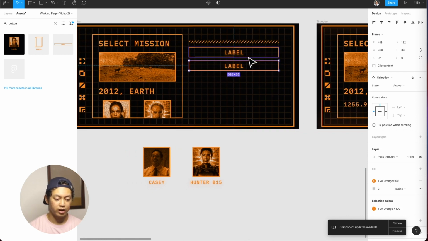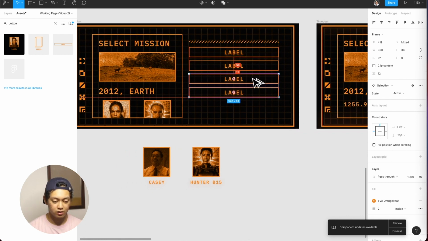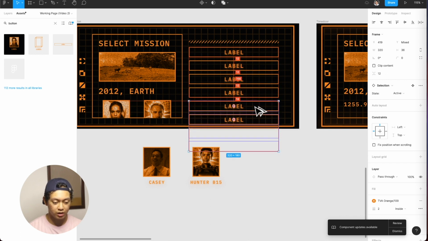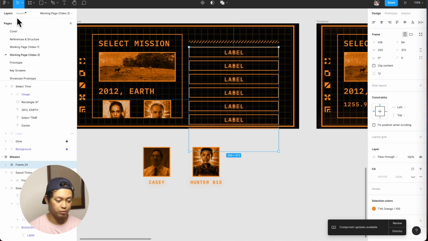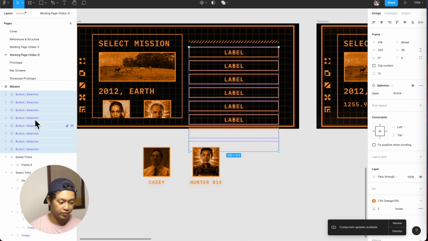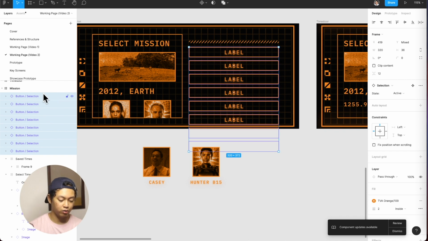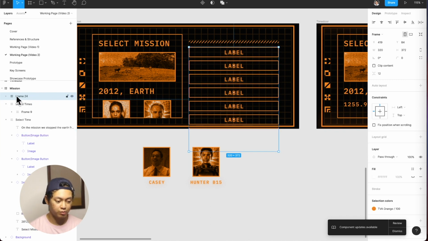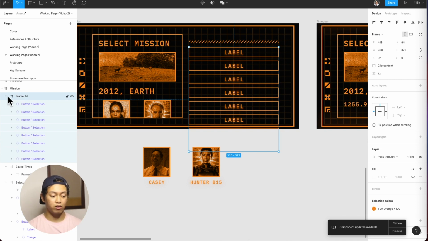Okay, so I'm gonna start copying these and keep them 12 pixels apart. And now we're gonna run into the same issue that we had with it going over. I'm just gonna select everything really quickly, and then hold Command Option G to place this in a frame. You see all these selected layers right now? If you hold Command Option G, you put it in a frame. All the buttons that I had previously are now in this frame. I'm gonna change the name of this frame to Buttons,